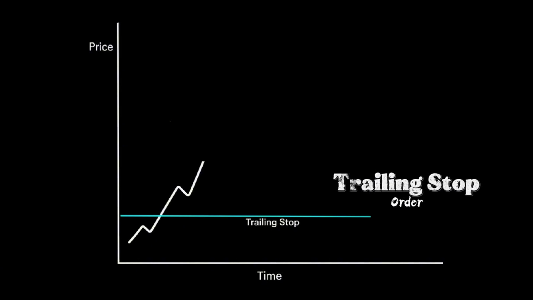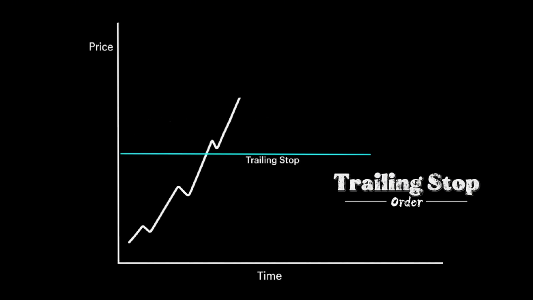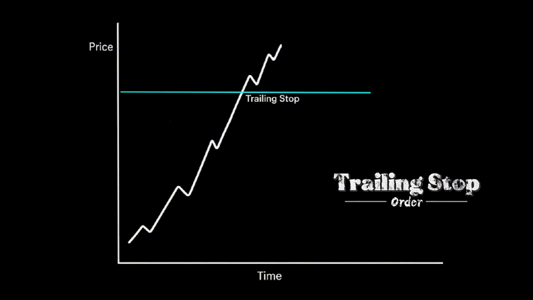Trailing stop, a dynamic protective stop that moves with price as it goes in your favor. You set a trail amount in dollars or percentage. As price moves favorably, the stop follows at your specified distance. If price reverses but doesn't hit the trailing amount, the stop holds that level. If price resumes moving favorably, the trailing stop continues to follow.